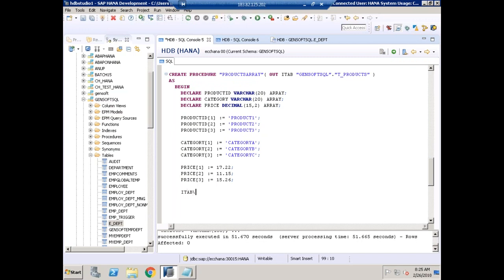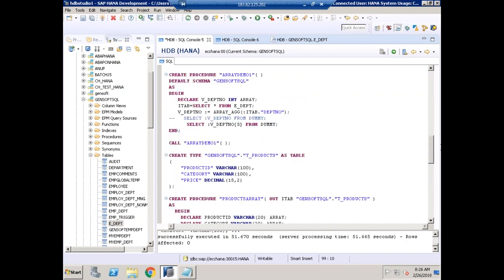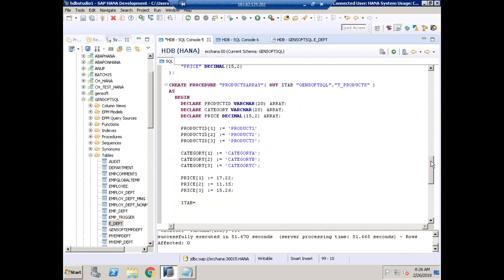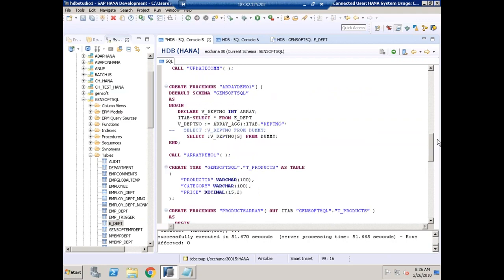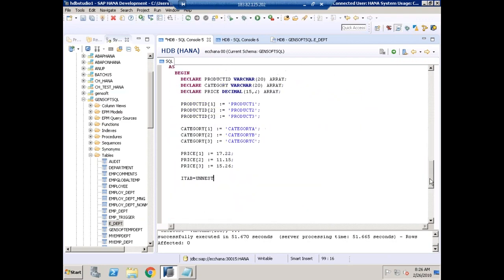equal to, earlier what is the function I used here? Array_aggregation. So equal to, let me use a function called unnest. Unnest. So what I can say is it is the reverse of this one. Unnest of,